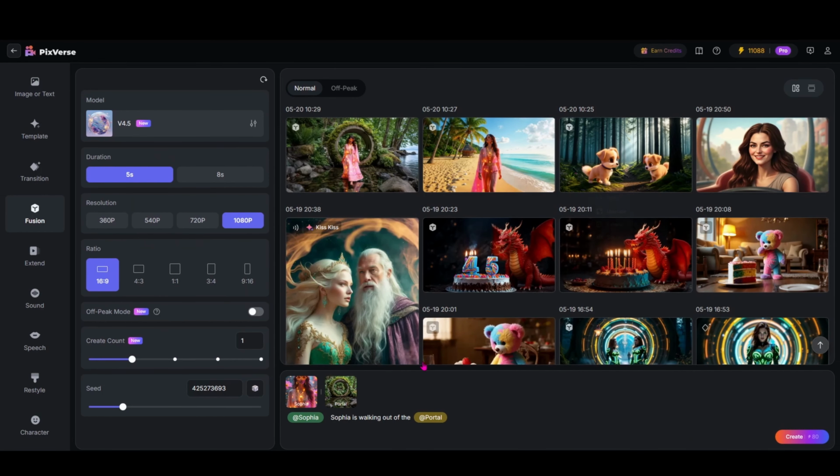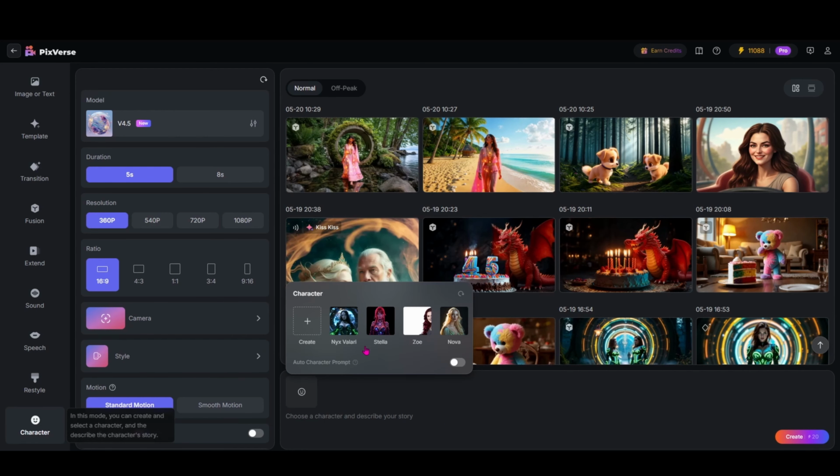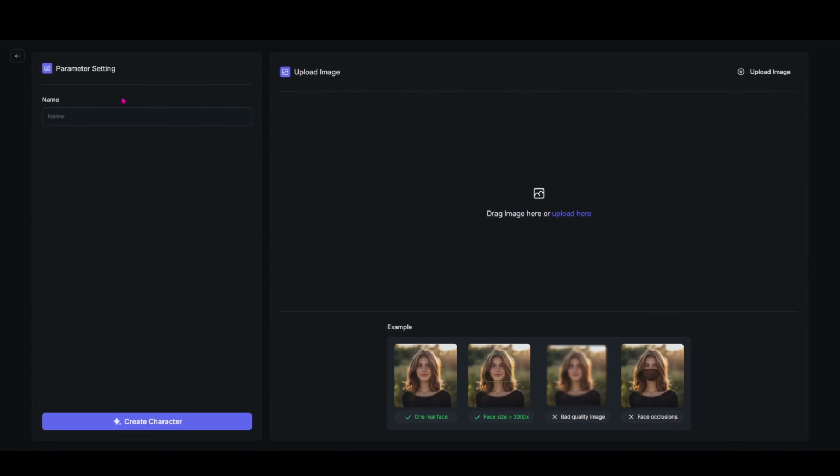Now that we've covered fusion, let's talk about how you can take a consistent character and put them in any scene that you want when creating inside of 4.5 here in Pixverse. So if we come over to the toolbar again, we're going to leave Fusion and we're going to head right down here to this character button. You can see that I've already got a couple characters in here, but I'm going to go ahead and create a new character. So if I hit this plus button, you see it brings me to this screen where I